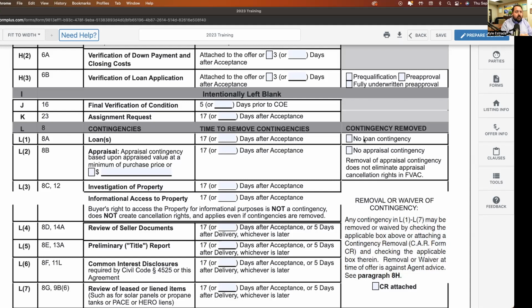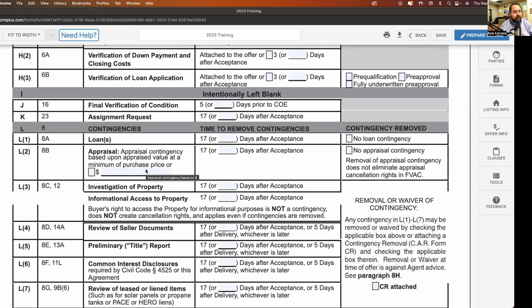Okay. Appraisal contingency. We're probably going to spend the most time with appraisal contingency today, just because I think this becomes a little confusing for people. It's a conversation I have, if not weekly, multiple times a week. So the appraisal contingency by default, let's forget this checkbox and this "or." Let's forget that for a second. Pretend that doesn't exist. The appraisal contingency itself.